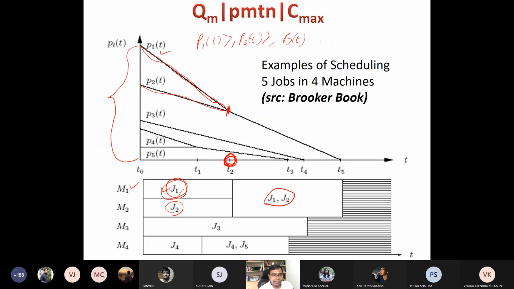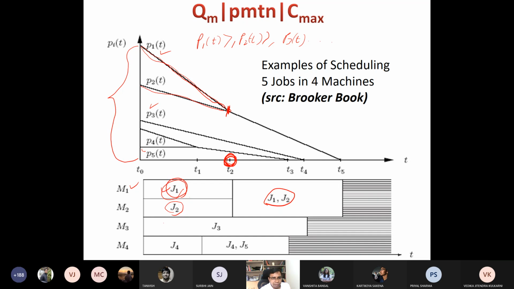Okay, take P3. P1, P2 have been allocated. Now P3 got allocated to M3, and job 3 is executing slowly as compared to job 1 and job 2, but it is not meeting any other slope. Because it is not meeting any other slopes and it is finishing at T4, we don't have any issues. Okay, but whenever we are allocating P4 and P5, with 4 machines,